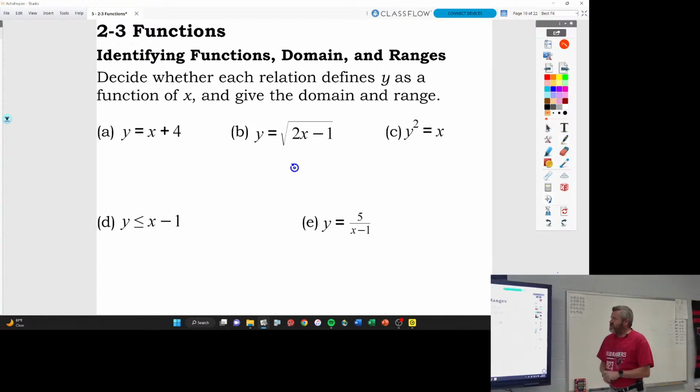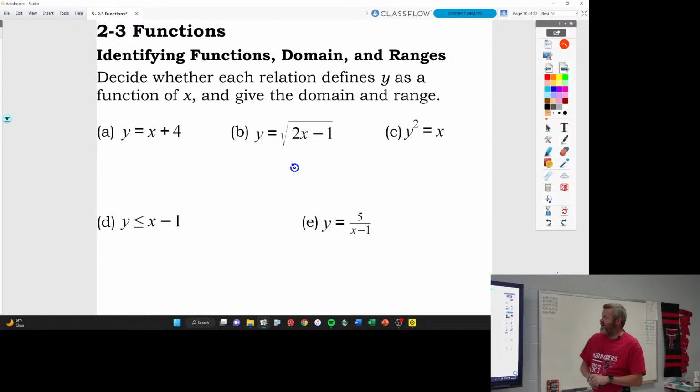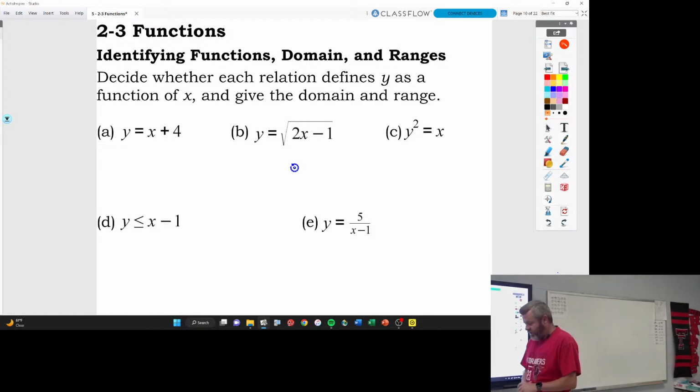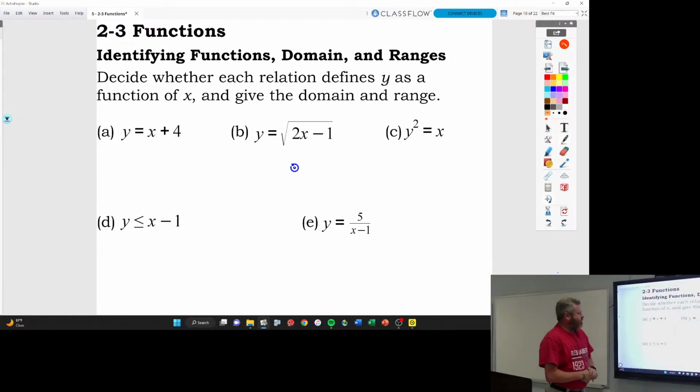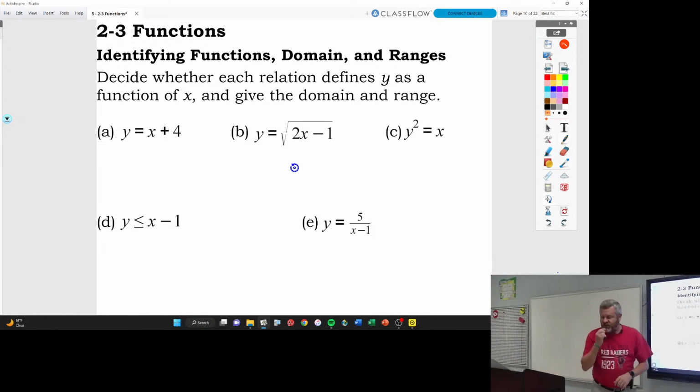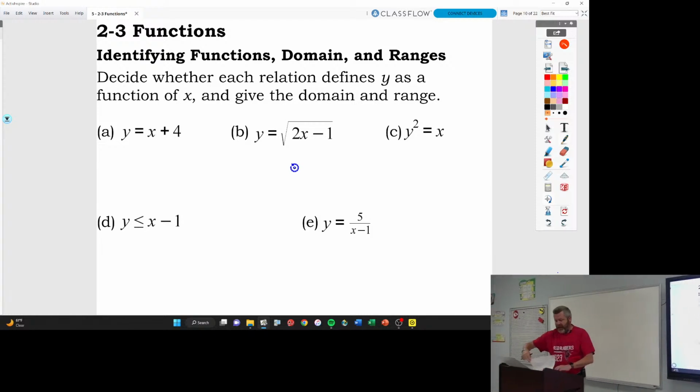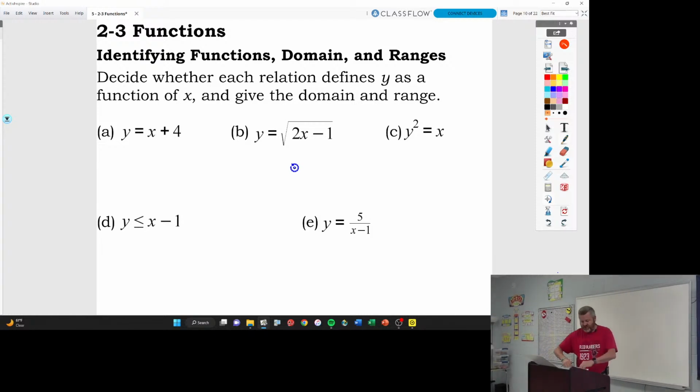Decide whether each relation defines y as a function of x and give the domain. So again, we're given 5 different relations here, and as we start these, we assume that each relation is in fact a function. And so letter A,